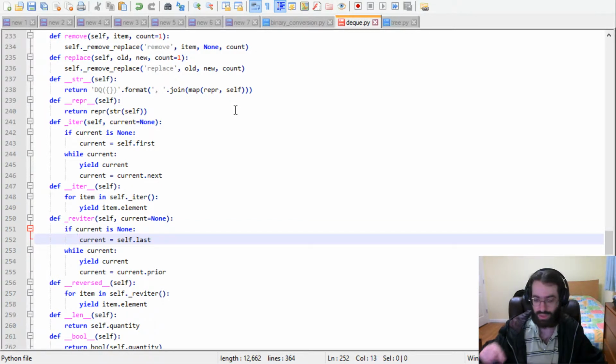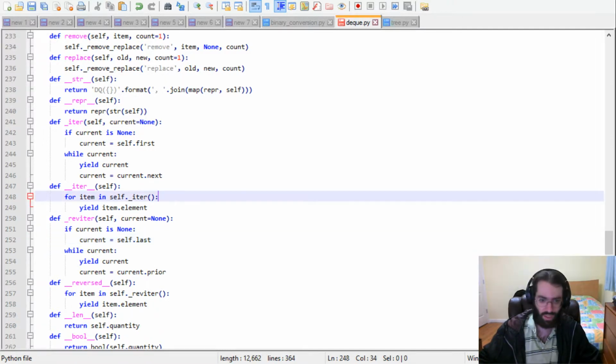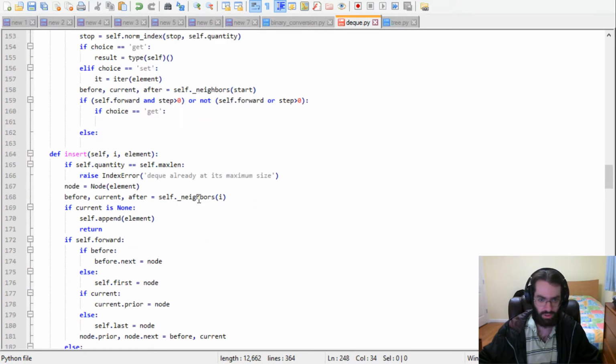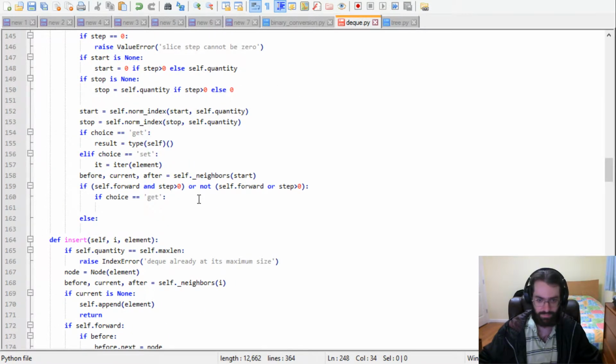Great. So now we can use these iterators and pass a specific node, and it will continue to iterate. Good. Why didn't I do that earlier? Would have been good. Anyway,